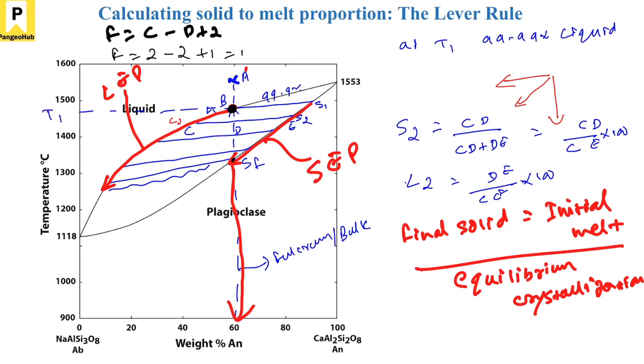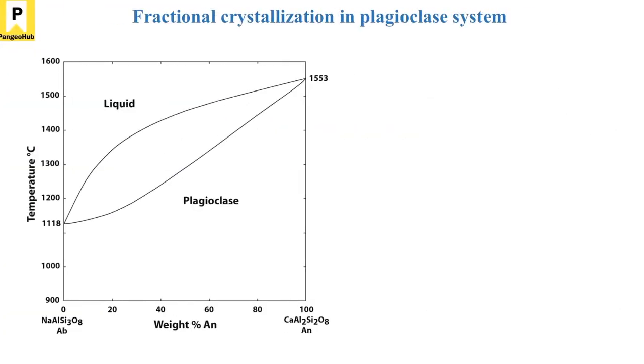Now let's move on to fractional crystallization. So what happens if I'm fractionally crystallizing a solid? Fractional crystallization, as I said, is about removing the crystal that is forming from the melt. So now you are not allowing the crystal to take part or react with the liquid. So this reaction we were writing, L1 giving rise to S1 plus L2, you are not allowing this S1 to react.